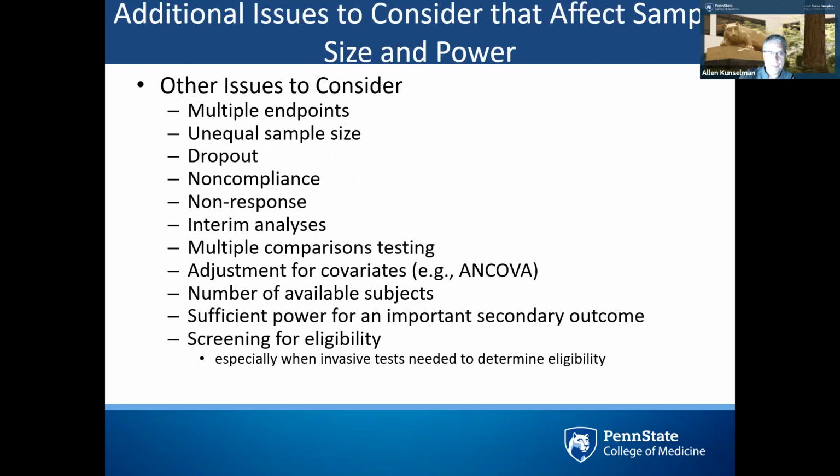We have non-compliance, non-response, interim analyses. If you plan to peek at your data once or twice before the final outcome, there's something called an alpha spending function. So you have to look at your type 1 error and adjust that. If you have three or more independent groups, say 3 treatments A, B, and C, and the end goal of your study is to compare treatment A to B, treatment A to C, and treatment B to C, that's actually 3 tests. So you have to account for those multiple comparisons. Adjusting for covariates, number of available subjects,